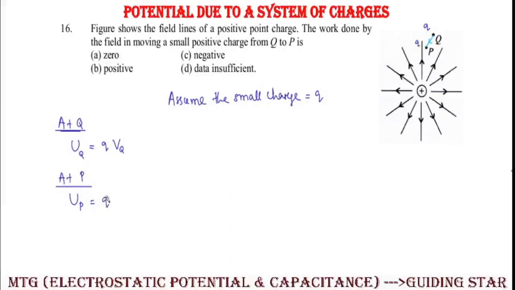It will be simply q into potential at Q, and similarly at P the potential energy of the system will be q into potential at P. As we know, potential at P is greater than potential at Q,